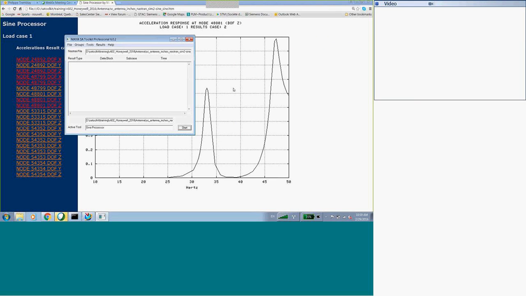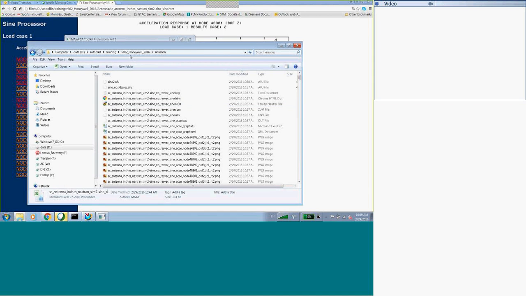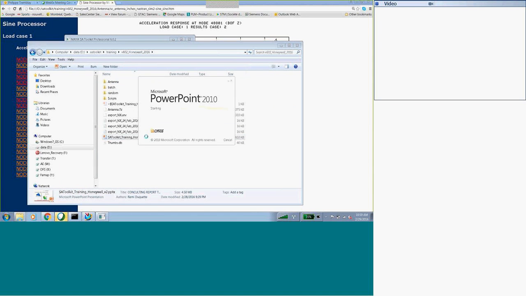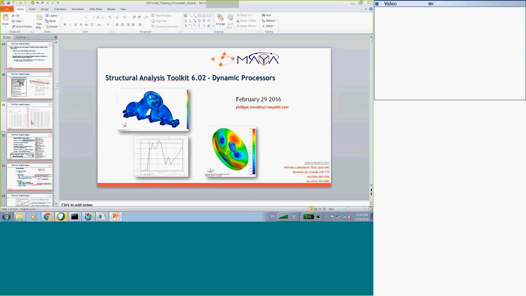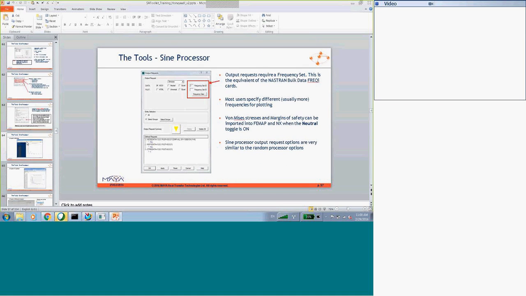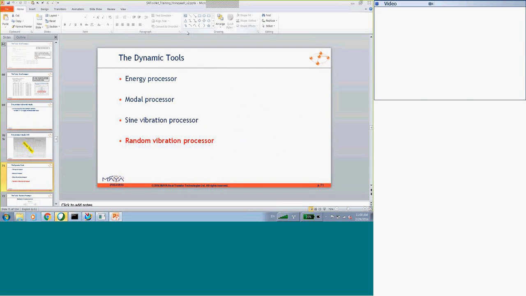So that's with the sine processor. Now, let's do this here. Processor.